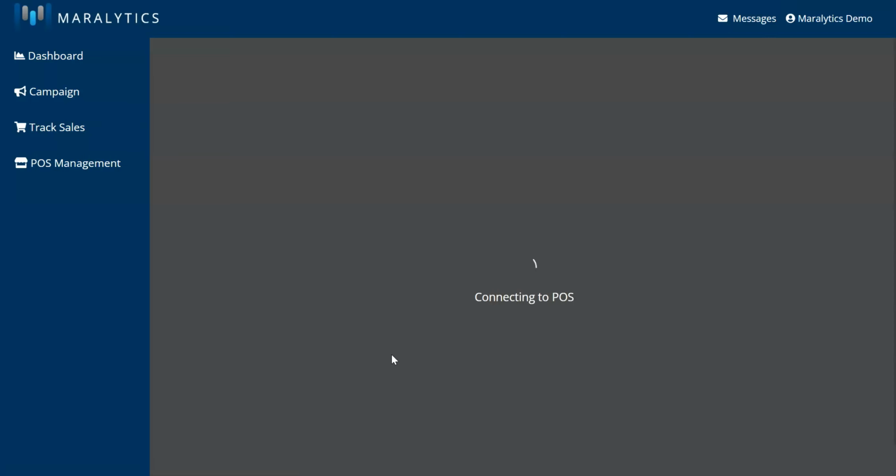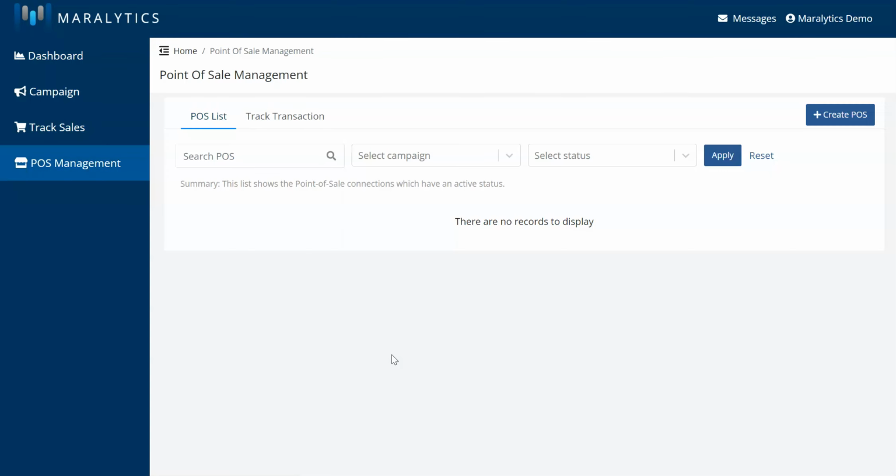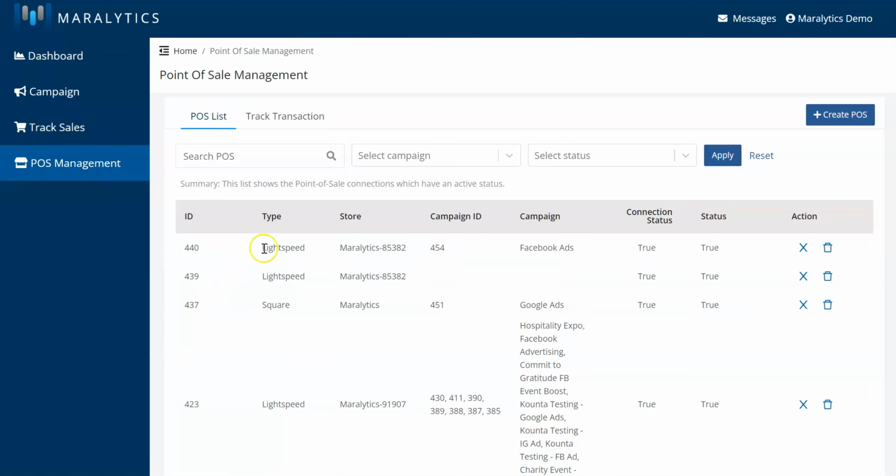This will link back to the Maralytics platform and show the below with your connection between Kounta by Lightspeed and Maralytics with your unique campaign ID, your campaign name, and it is important to note the connection status and the status both reflecting true. This is to show the connection to be effective,